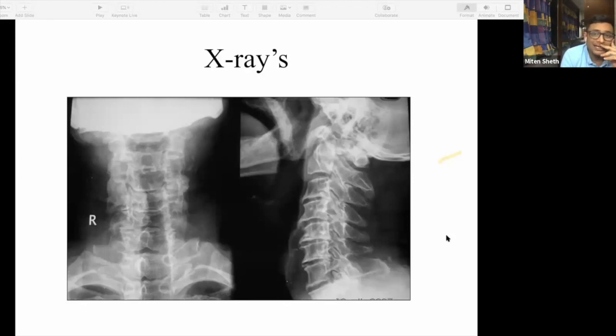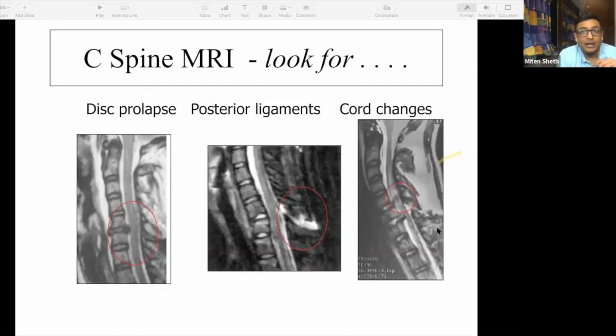Certain other things where your neck X-rays are important are dynamic, where you want to see flexion extension and you see there is instability at C1, C2. Or the entire X-ray is normal, except at one place you see significant degeneration with collapsed disc space. So you can safely say that there is a C4-5 degenerative disc, which is causing instability and causing the pain. But essentially nothing more than this you can get in a degenerative X-ray.